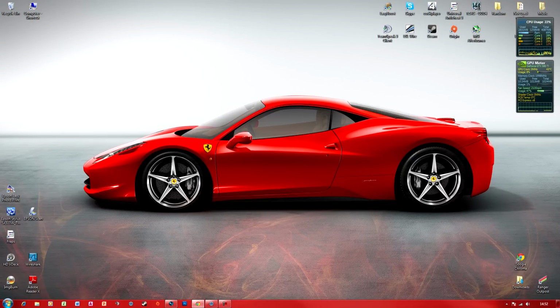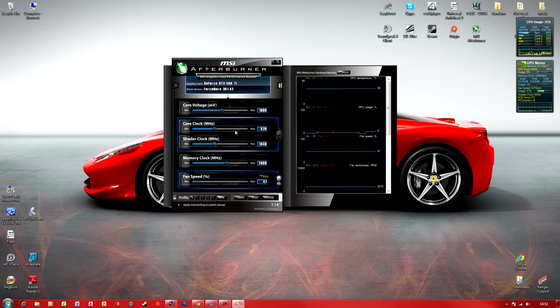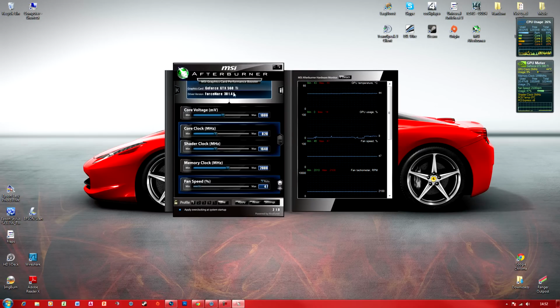Once you've downloaded and installed the software, it should come up on your desktop. There's an icon like this. You click it and it opens up. The first thing you want to check is if this software recognizes your graphics card. Mine is recognized, as I have a GTX 560 Ti, and my driver version is